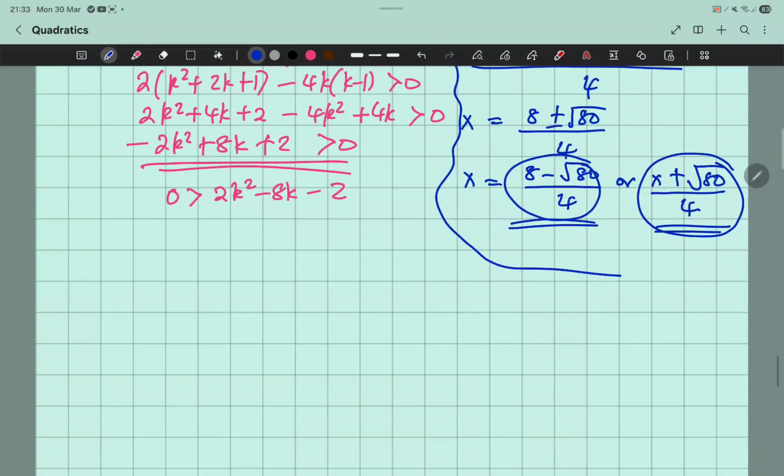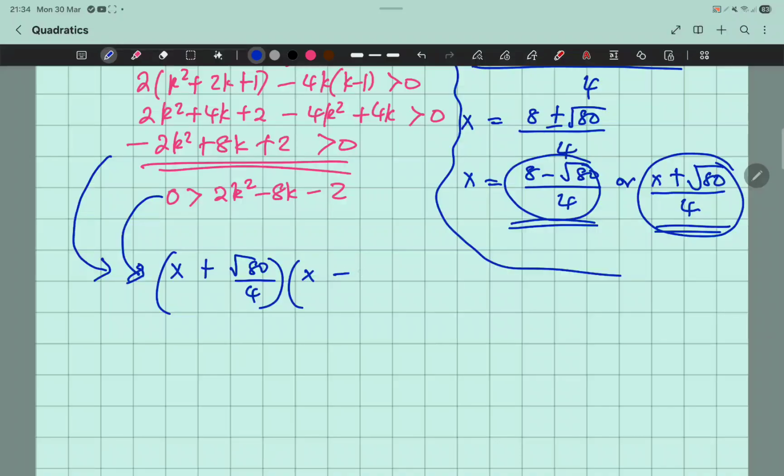So if we want to get the factors, this thing would be x plus root 80 over 4 multiplied by x minus root 80